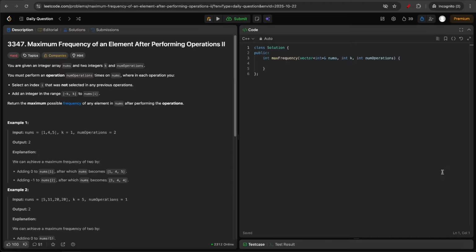Hi everyone. Today we'll be discussing the LeetCode problem of the day, maximum frequency of an element after performing operations, part 2. In this problem, you are given an integer array nums and two integers k and num operations. You must perform an operation num operations many times, where in each operation you pick any index that was not already selected, and to that you can add any number from the range minus k to plus k. And at the end, you have to return the maximum possible frequency of any element in the numbers after performing